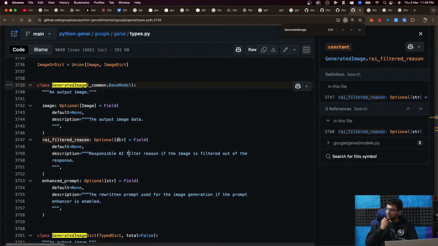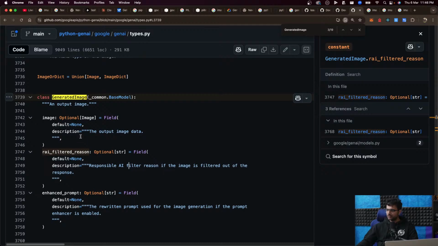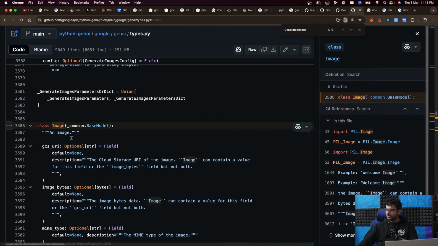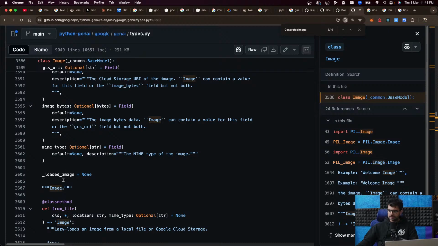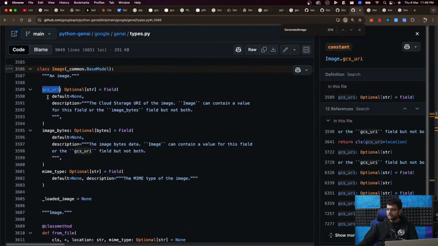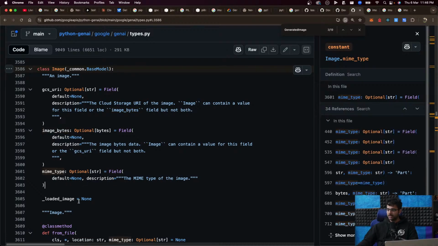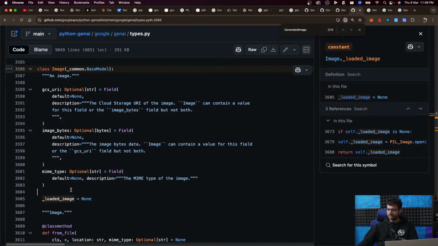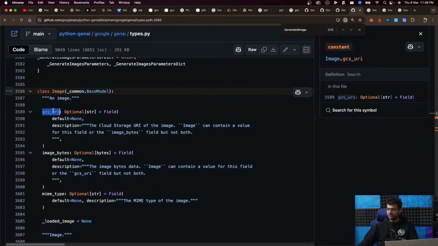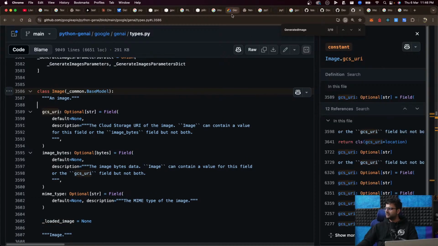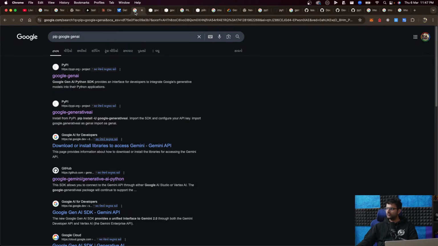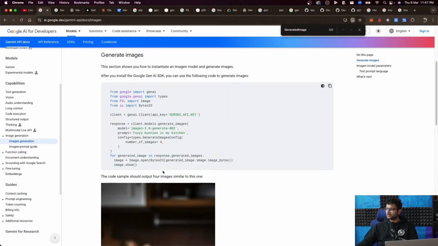So image, this is an array of, this is just a string. Image is a little complicated, sorry. What do you look like? That's a lot of things. GCS URI, the cloud storage URL, image bytes, the image byte data, MIME type, and loaded images, which is just none. All right. That looks like a weird response. Where is the Python for GeneratedImage in the generated response?